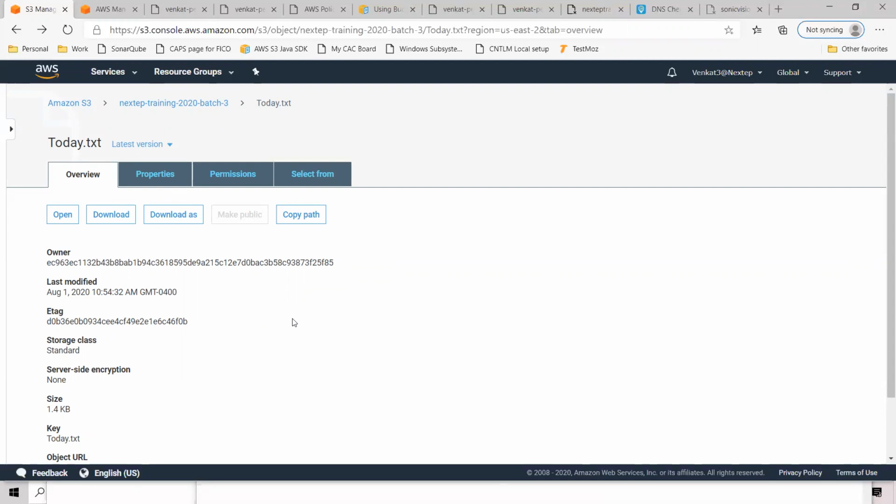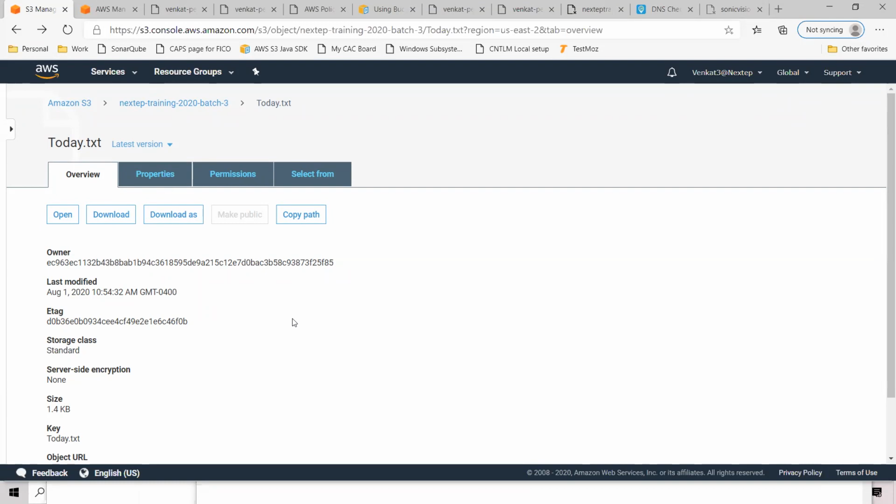So what I want to do is create a new user using this AWS service called IAM, Identity and Access Management. I'm going to create a new user, but that new user is not a human, it's programmatic access.